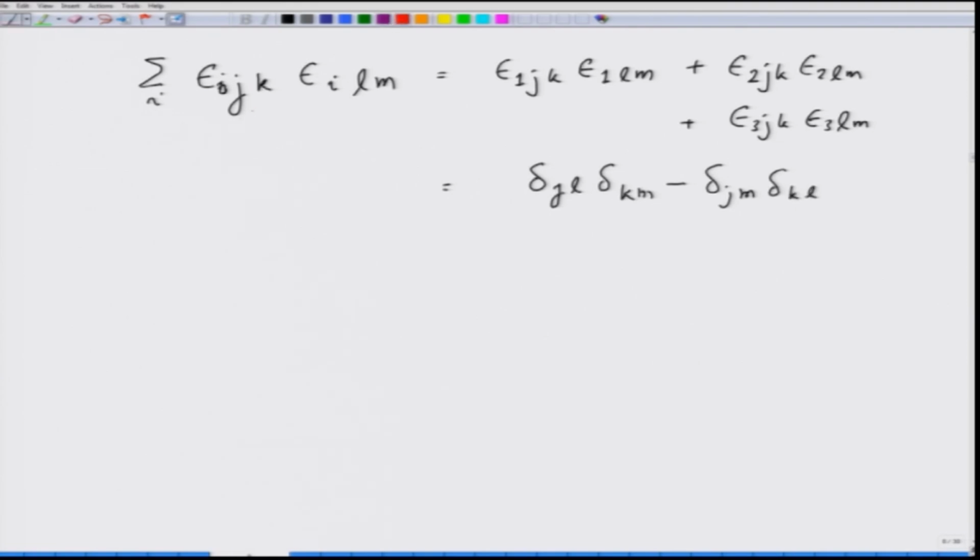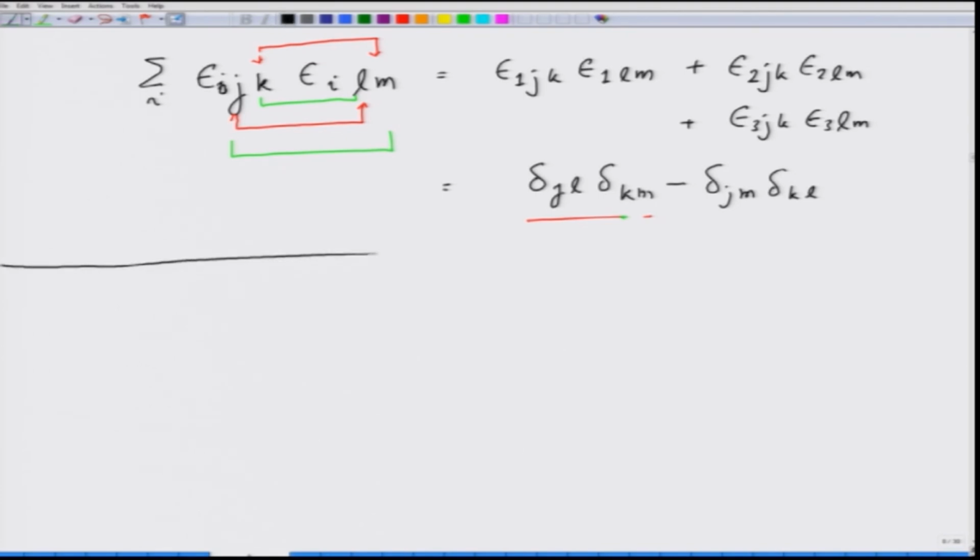What I have done is, I have taken j and l in the first term and k and m, made their delta symbols, put them here. Then I took the other combination, that is j m and k l, put a minus sign and put the other delta functions. This is a very useful identity. So, let us now see how these definitions or expressing vectors like this